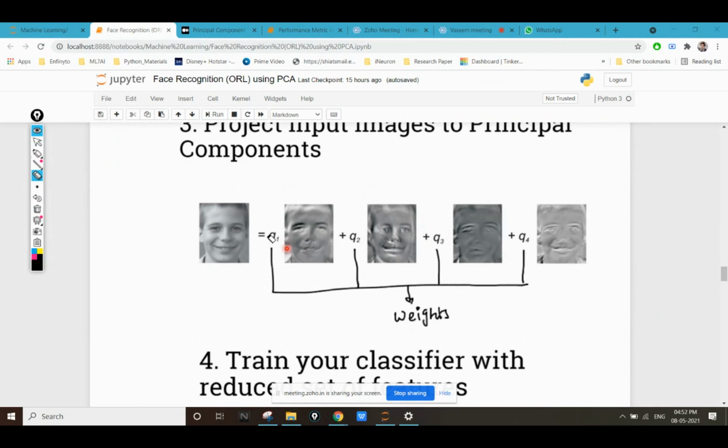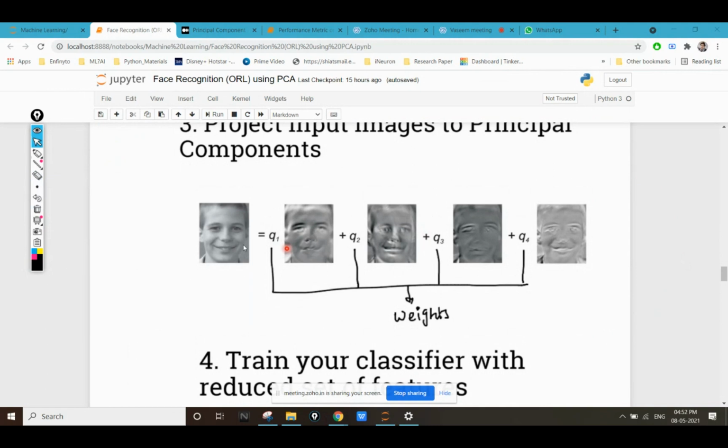So if we are able to get this 95% of features, and we have the values of q1, q2, q3, q4, we will be able to recreate the original photo. This is how we are going to test our images and train our model.